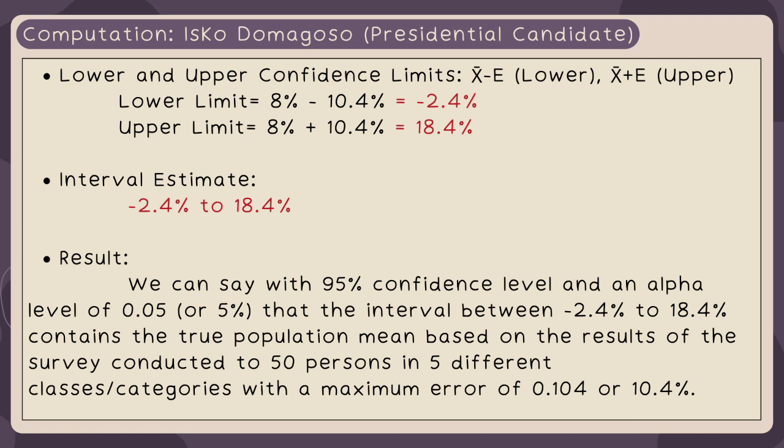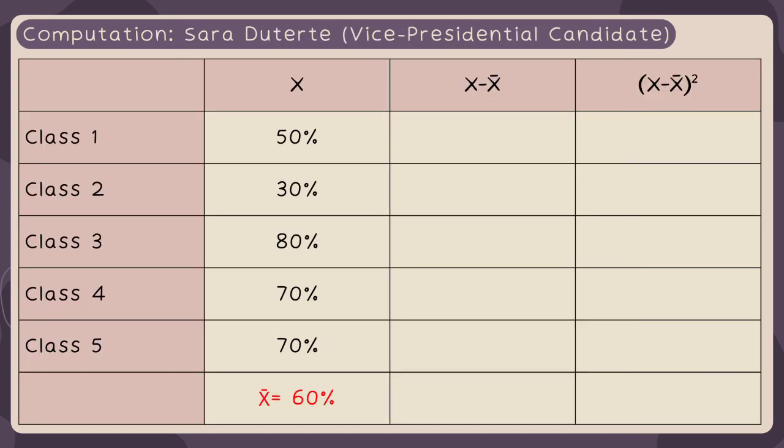And the final statement that we can give is, with 95% confidence level and with an alpha level of 5%, the interval between negative 2.4 and 18.4 contains the true population mean based on the results of the survey conducted with 50 persons in 5 different classes with a maximum error of 0.104 or 10.4%. Since the steps are the same and we already had 3 sample computations, the next computation will be